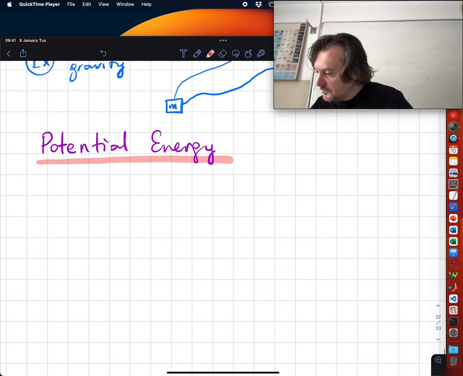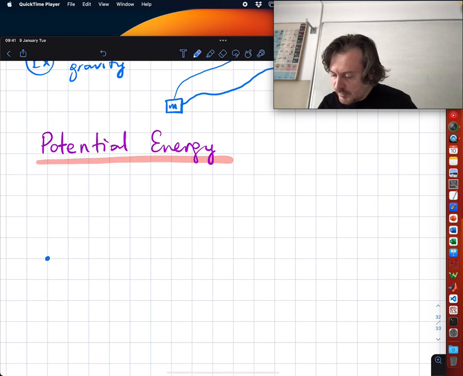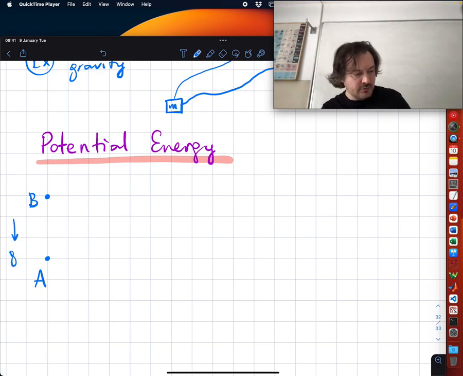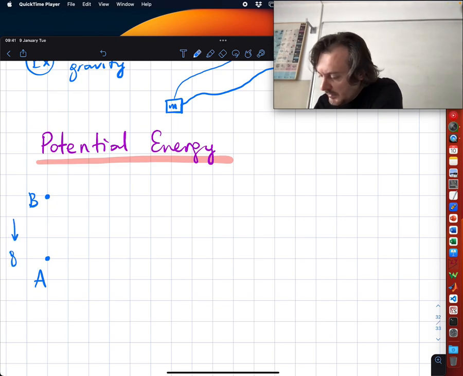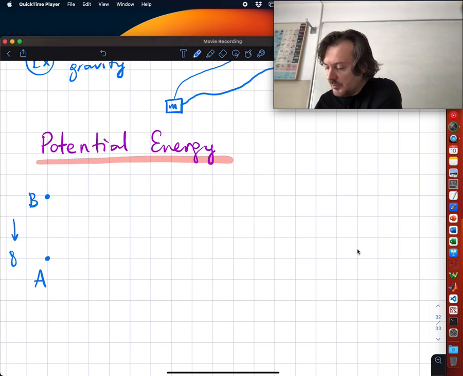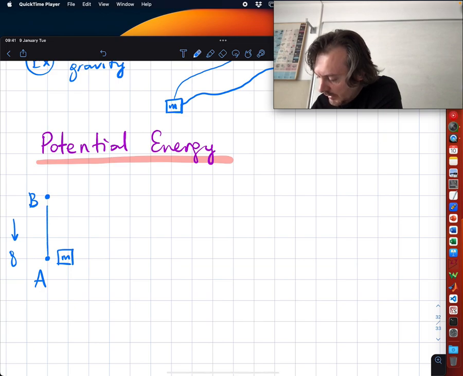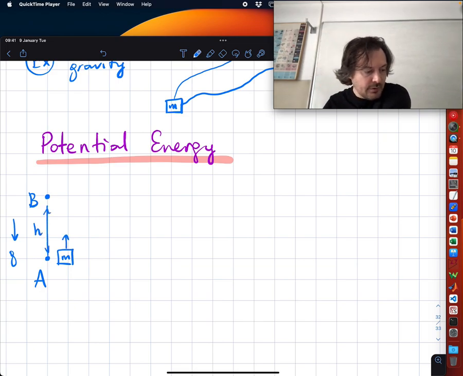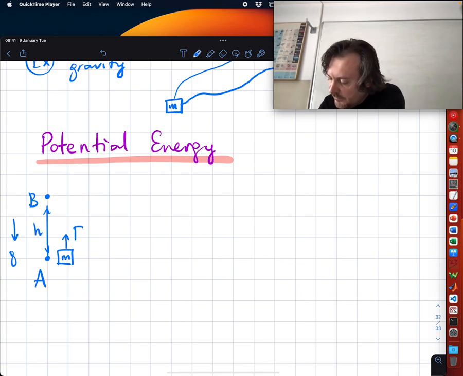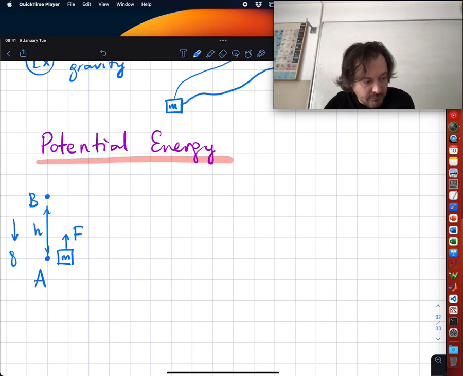So let's go back to our example of going from A to B in a gravitational field. Gravity points in this direction, right? There is a mass here that I'm going to take up a height h. So I'm pushing with a force F. When I go from A to B,